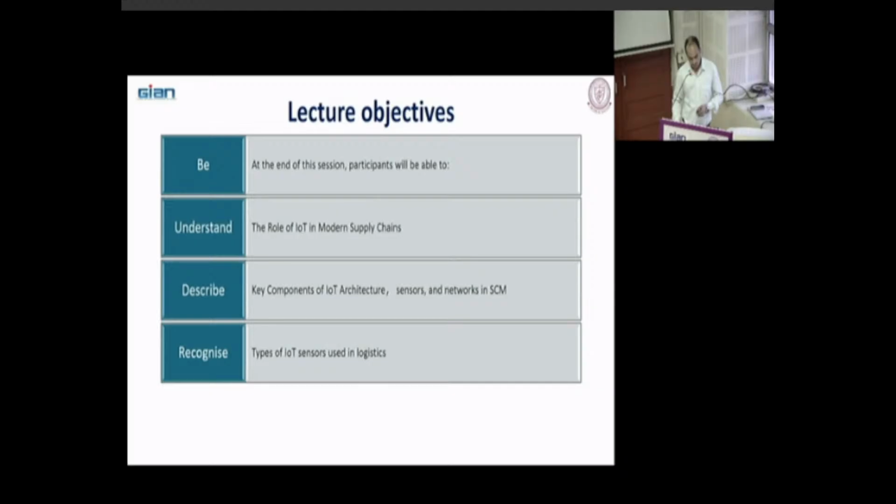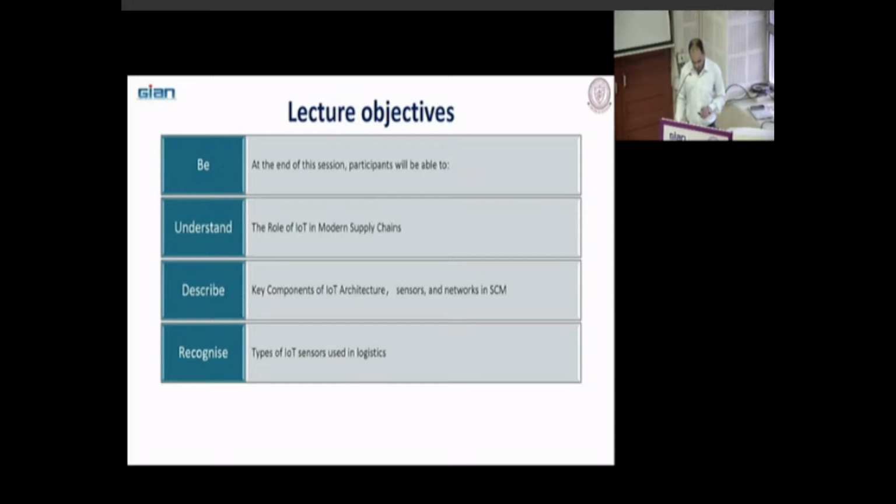Then we are going to talk about the key components of IoT architecture, the sensors normally used in supply chain and logistics management, networks in supply chain management, and types of IoT sensors used in logistics. Basically, there are some types of this Internet of Things as well. So we are going to see those types here as well.